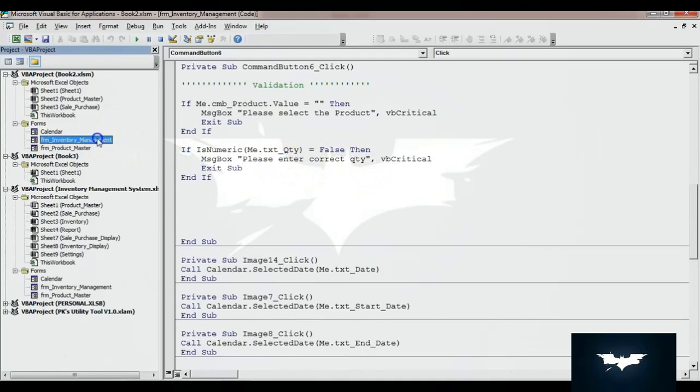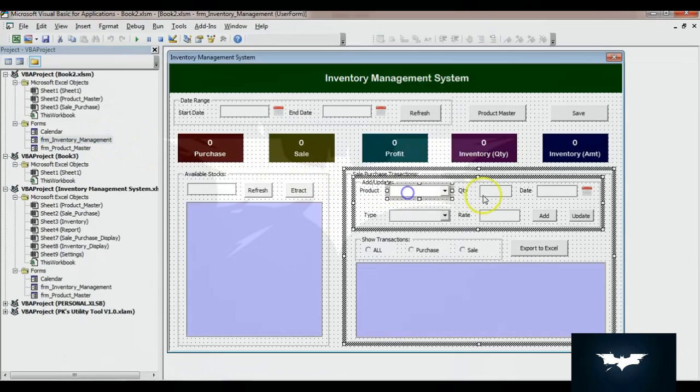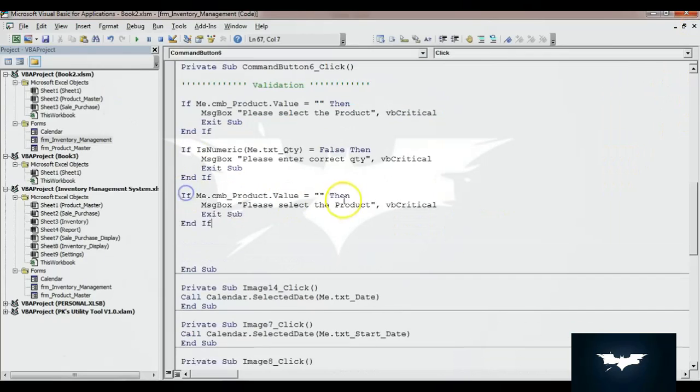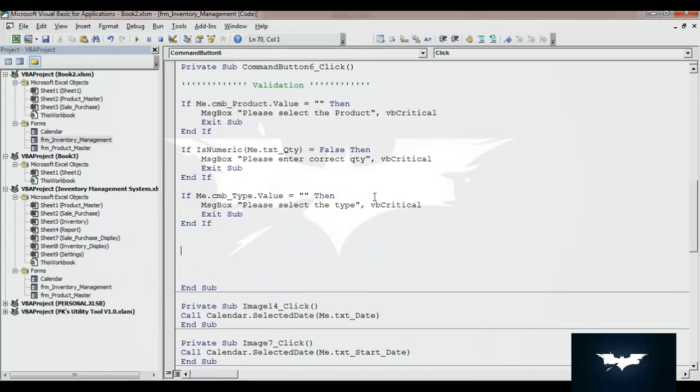Alright, so now we have put the validation for product and quantity. Date will be available already there, so we should not put any validation. For type, we can put the validation, so we can copy this code and paste this here, Me.cmbType, then we can put here, select the type. Alright, so our validation part is completed.